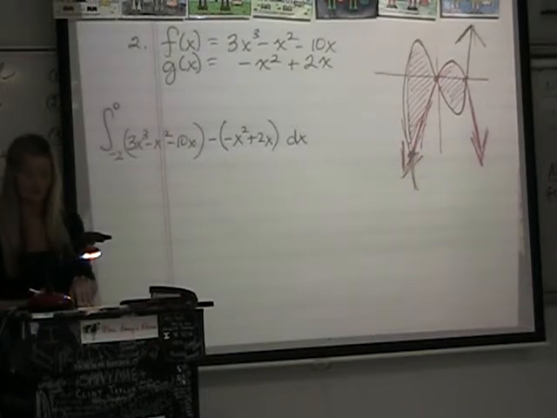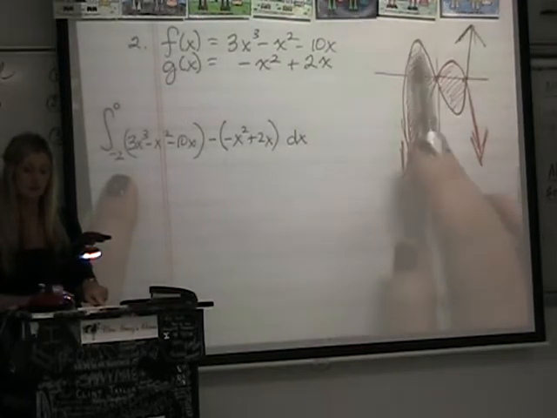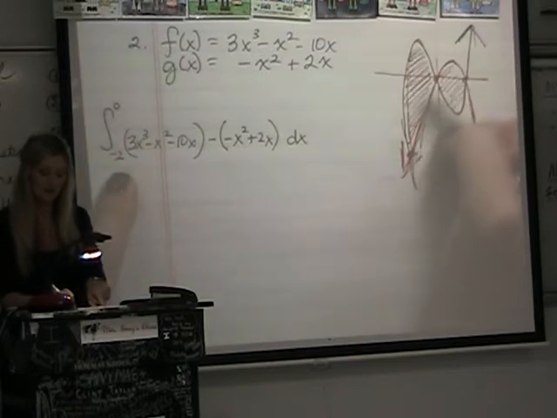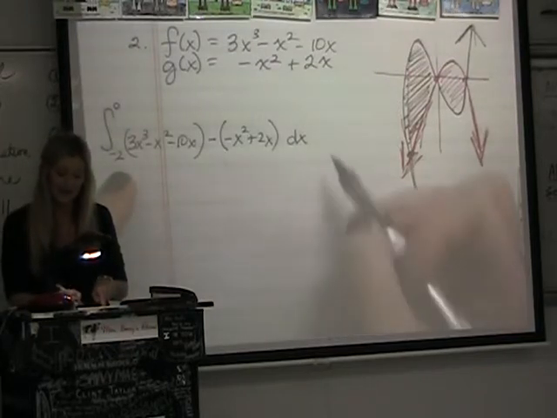Yes? Why would you pick -2 rather than regular 2? Because they're both intersections, right? Bottom bound has to be the leftmost intersection. Oh, wait, bottom bound, never mind. So we're only looking at this piece here now. Okay? And then we're going to add on to that